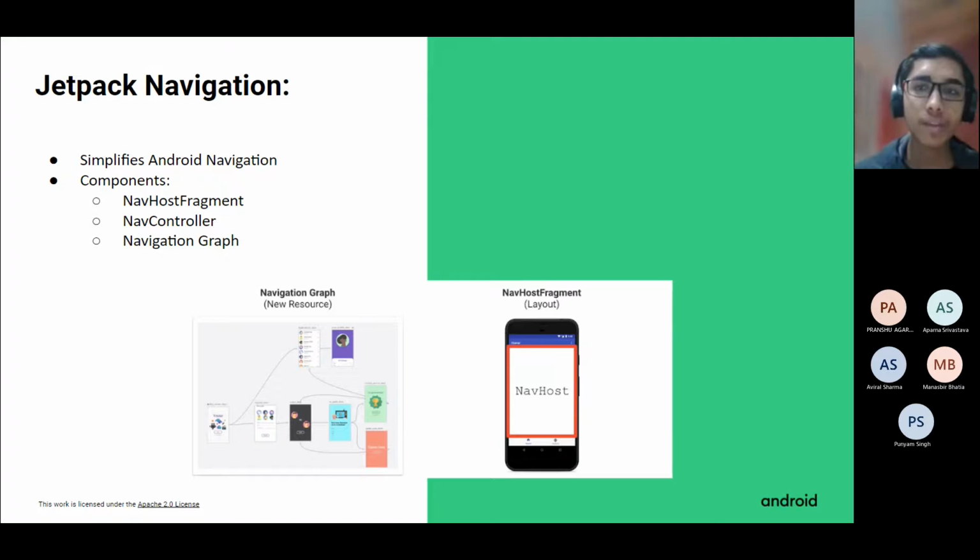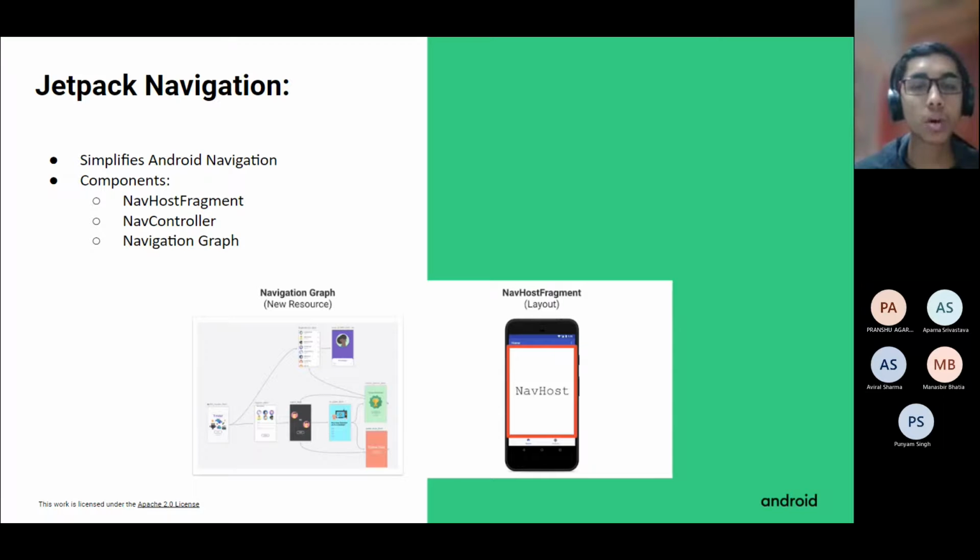And then after that, we have your nav graph, which is another very important part because it's a new XML file type which is used to visualize the navigation. Okay, so you will be coding a bit in the XML part also, but there is a layout editor where you can drag and drop and then see how it actually looks, like all your screens, the actions that connect to your screens, and then afterwards even the arguments and certain other properties that are there.